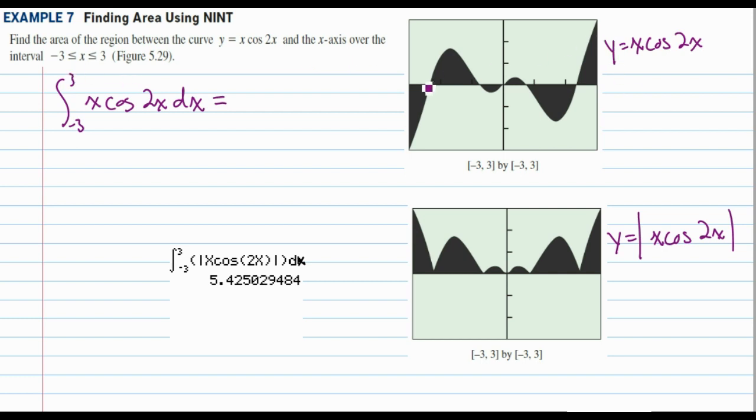Now, as you can see, the graph of y equals x cosine of 2x has some negative area, some area below the x-axis, and some positive. Well, since the directions are asking for just area, we want all positive. So if we just put in our calculator the integral from -3 to 3 of our function, we'd get,